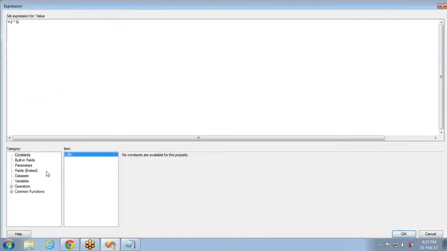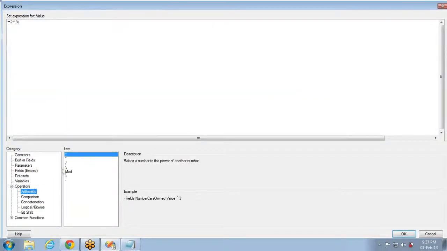What is the operator that is present under arithmetic? It is star. You are very well aware of this. If I give star, it will be 2 into 3, that is equal to 6. And the difference between backward slash and forward slash is a little bit different. If you use this slash, then it will give you floating point result. That means 3 by 2 is 1.5. And if you use this, it will give you integer result. It will give you the nearest integer. That's the difference between backward slash and forward slash.